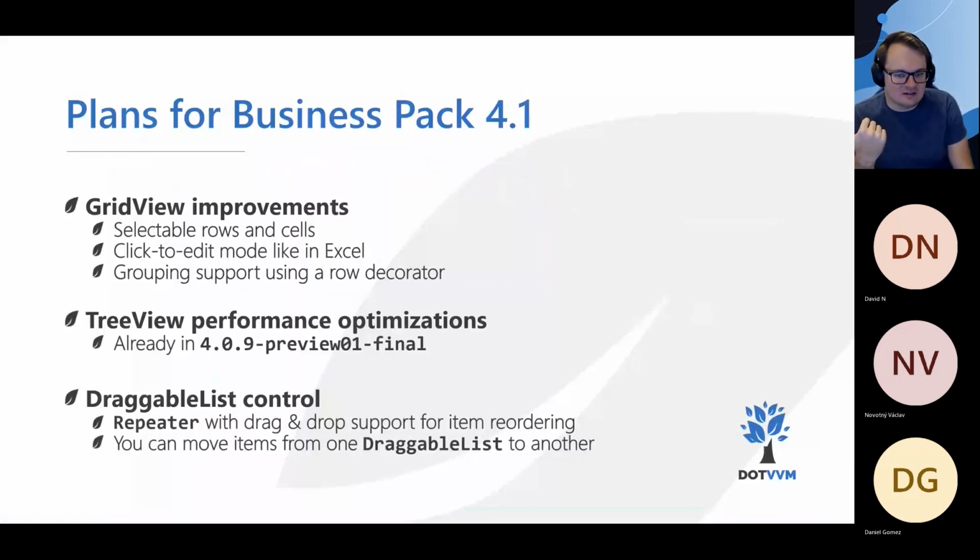First is that you have a collection and you want to reorder things in that collection. So basically, this draggable list control behaves like a repeater. You will put a data source to a collection and then item templates, and it will add some CSS magic and JavaScript magic. So you will be able to reorder the items, and they will reorder in the underlying